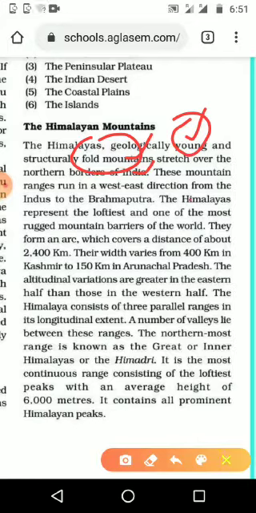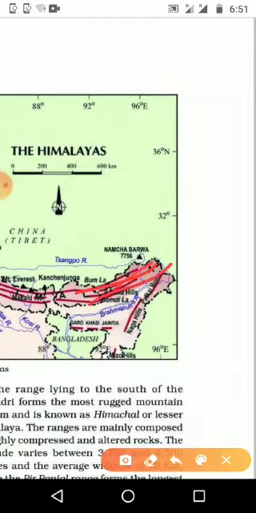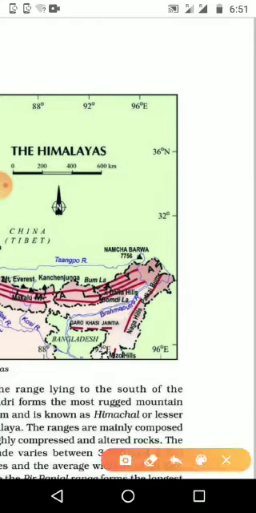If you are seeing the map, we can see that one. It is the Himalaya ranges. It is starting from here and moving to this area and ending here. We can see up to here, and again it is coming down and reaching the lower area. So it is starting from the west side to the east side,